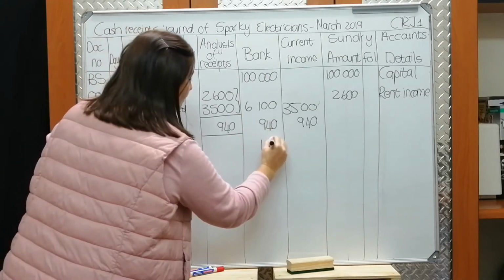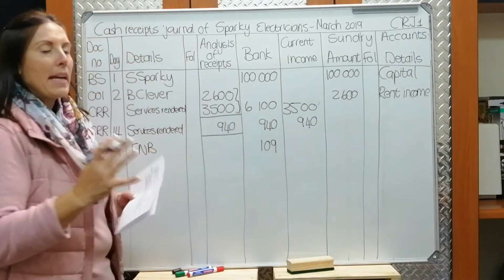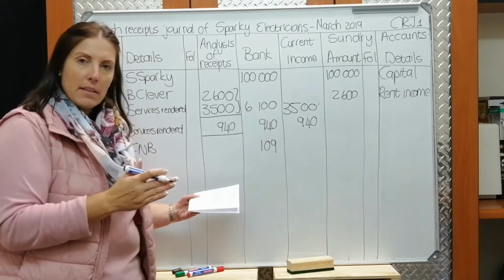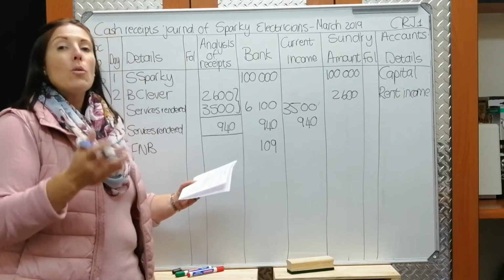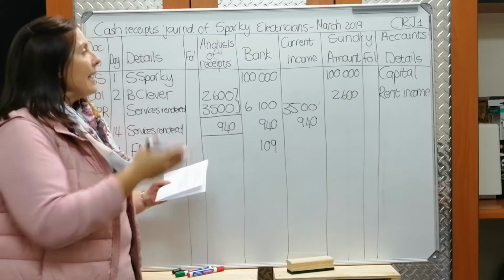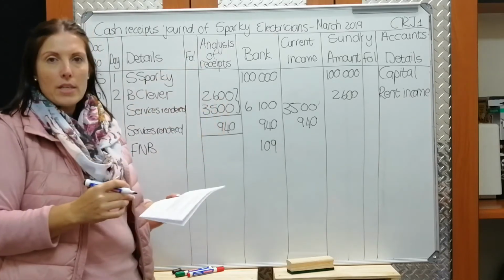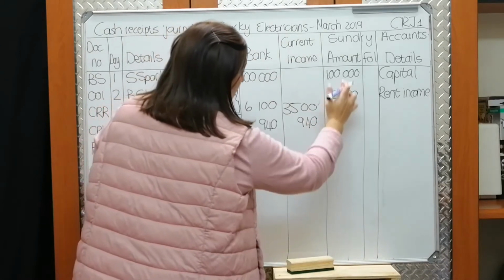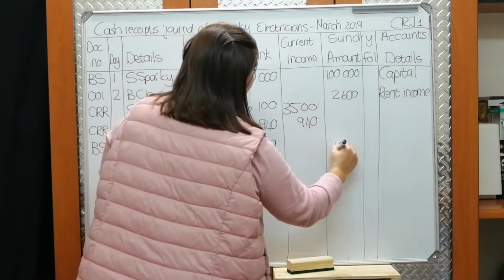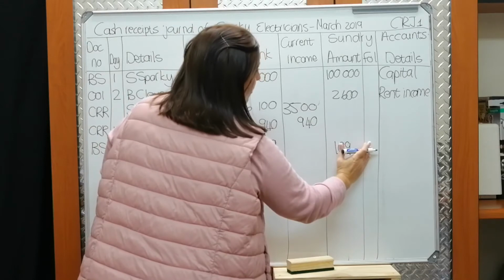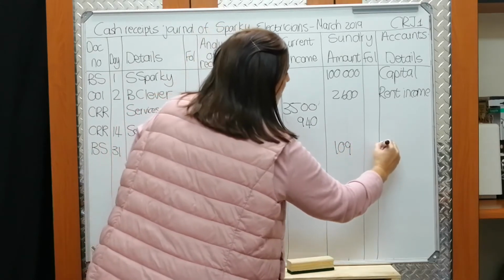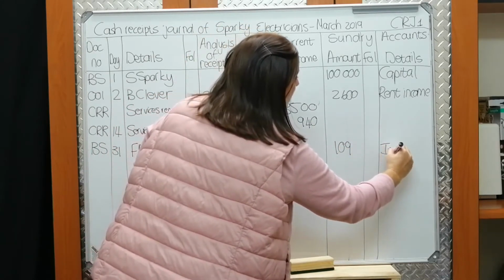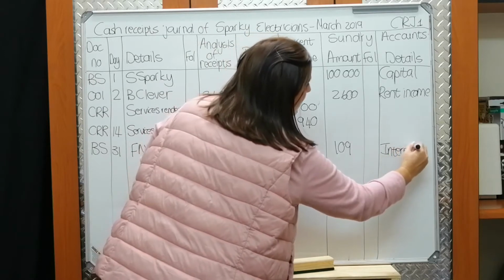109 Rand. Right, so it is in bank. Now we ask ourselves, why did we get this money? Why did we receive this money? Because we received interest. Is there a column for interest? No. So I go to the sundry accounts. So in sundry accounts, I write 109. I leave the folio column for now, and my reason or my account that's affected is interest